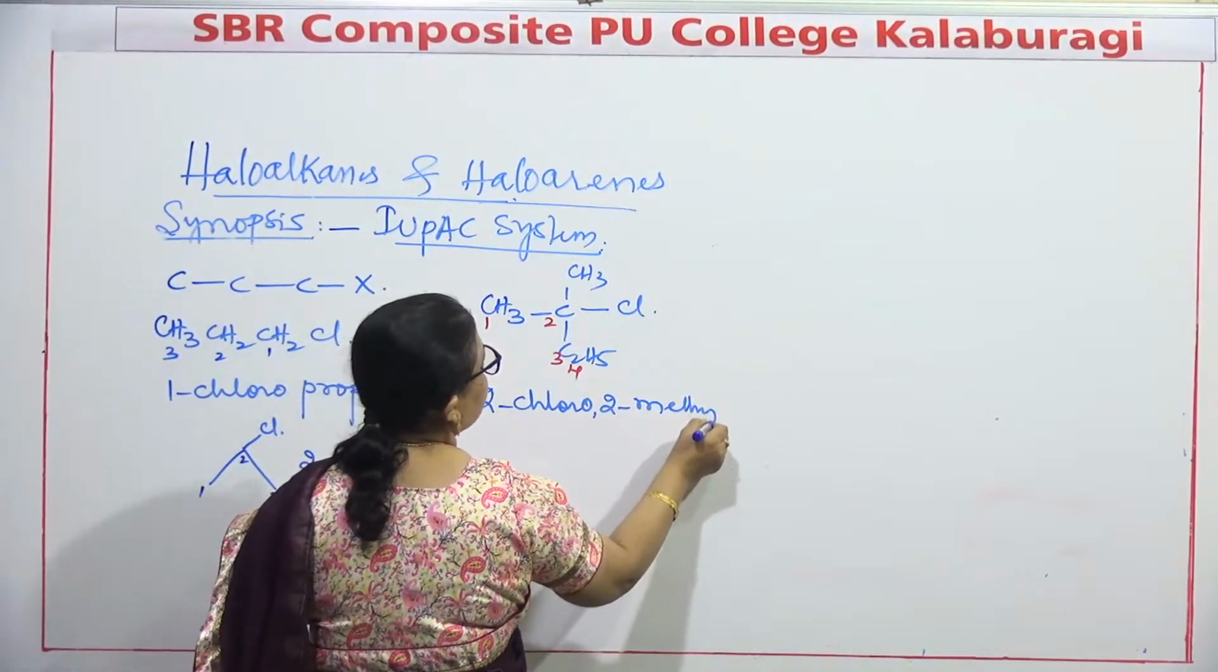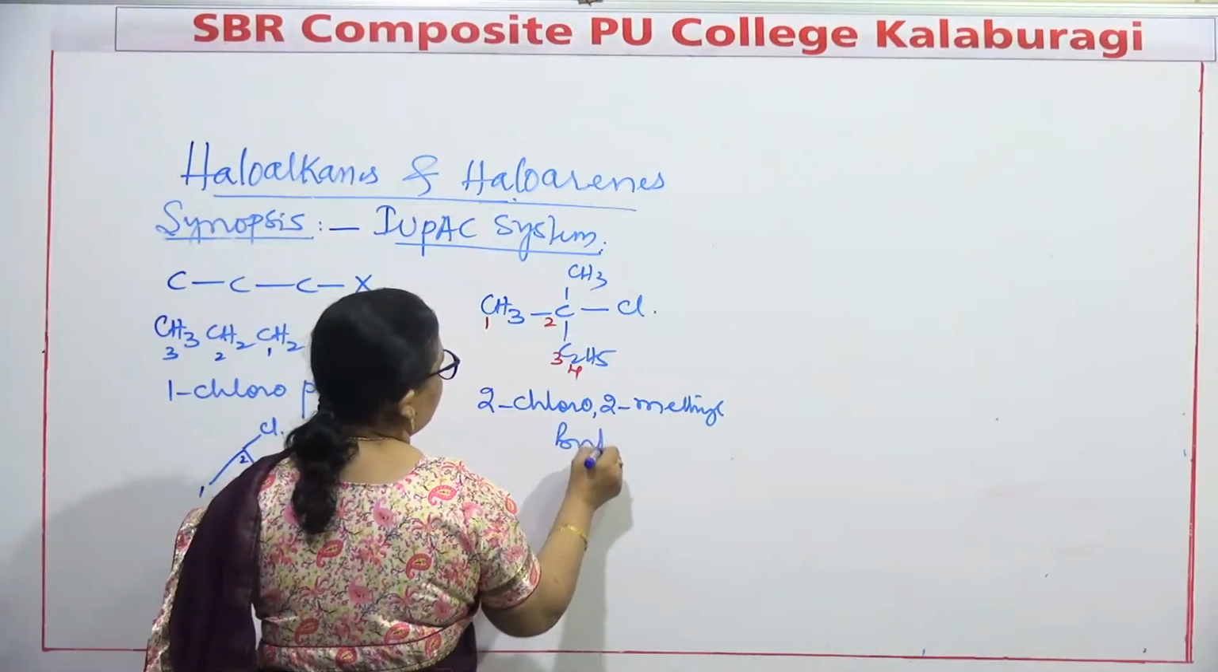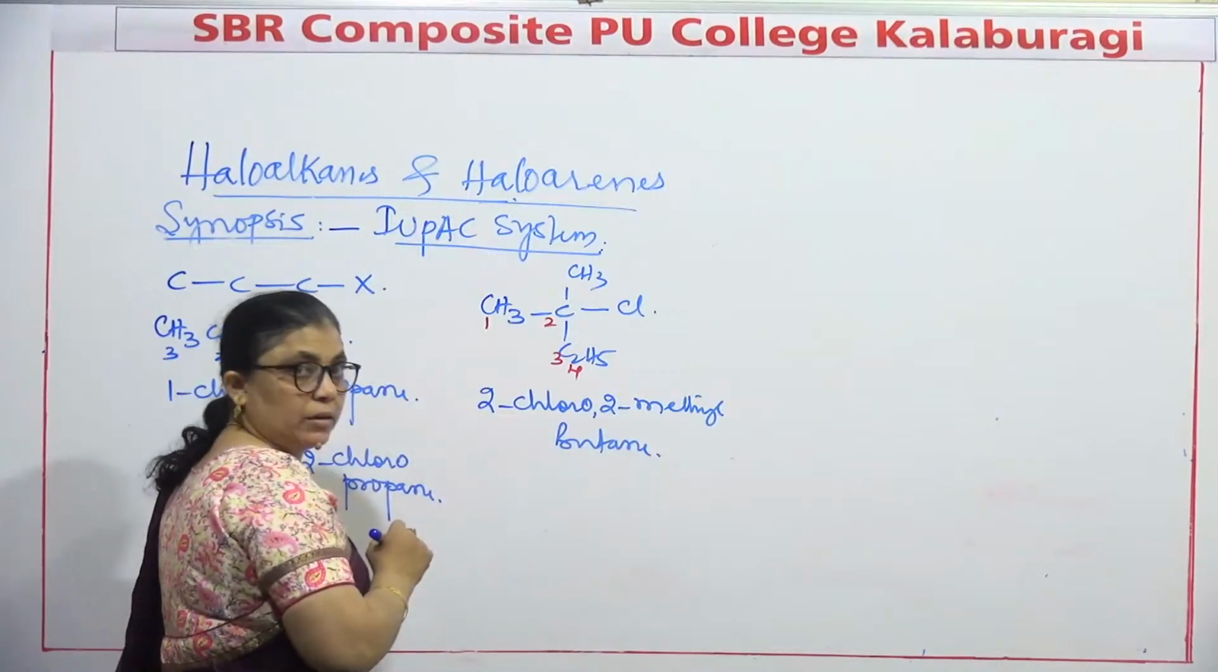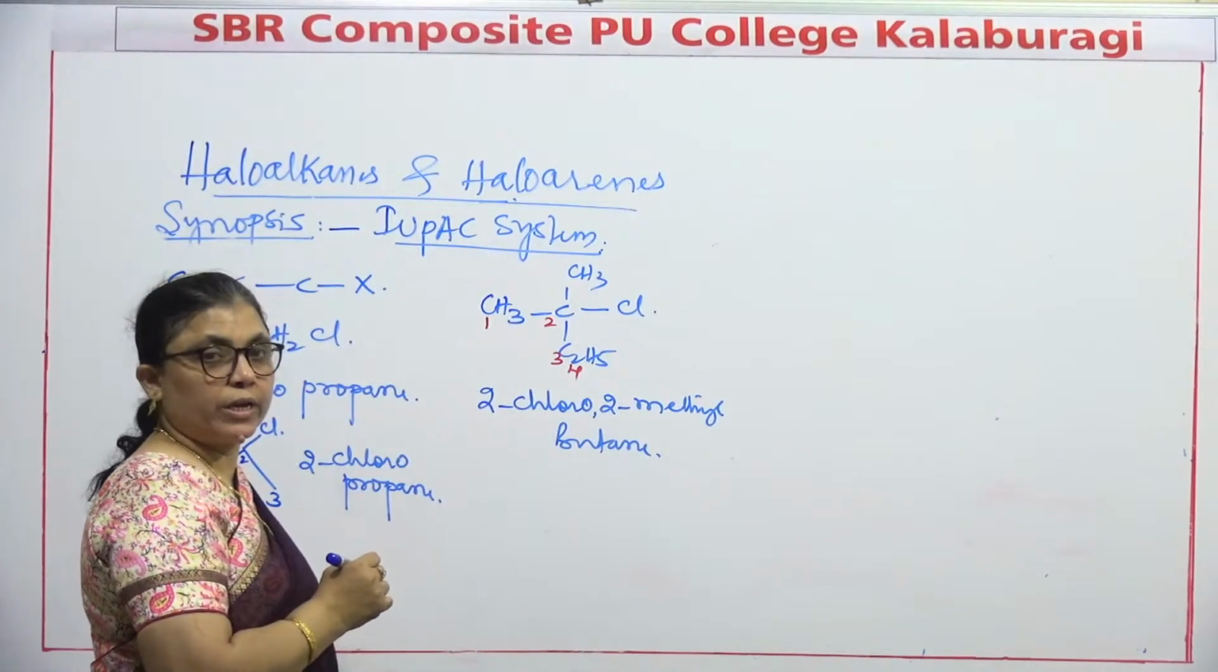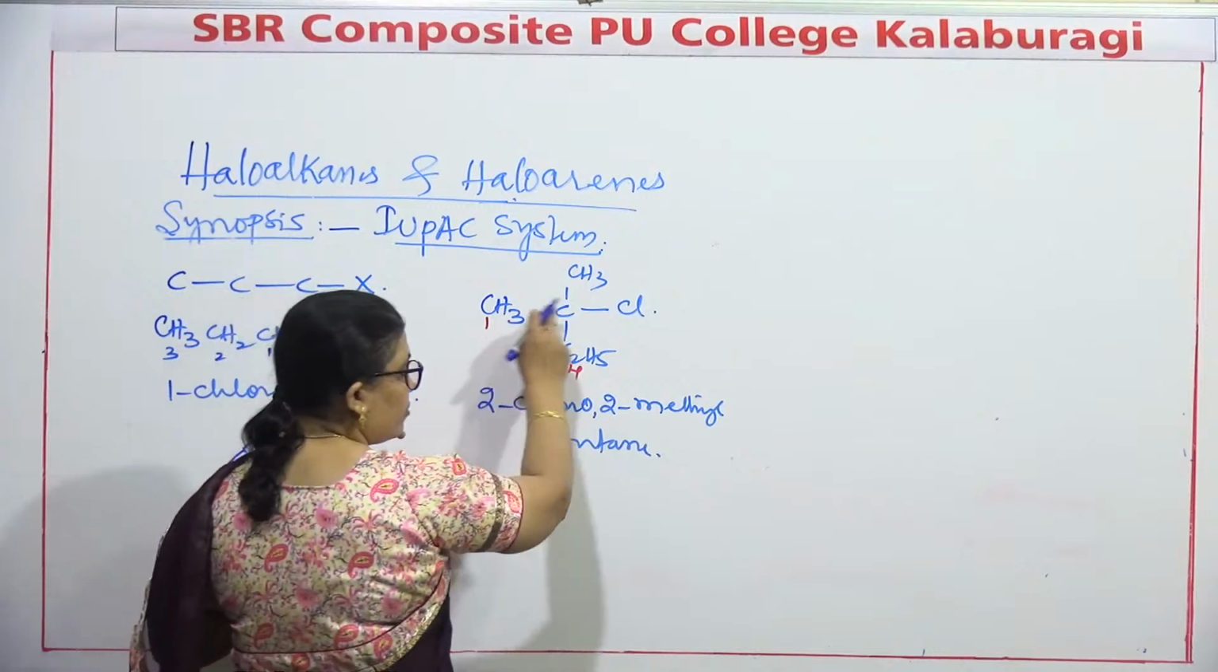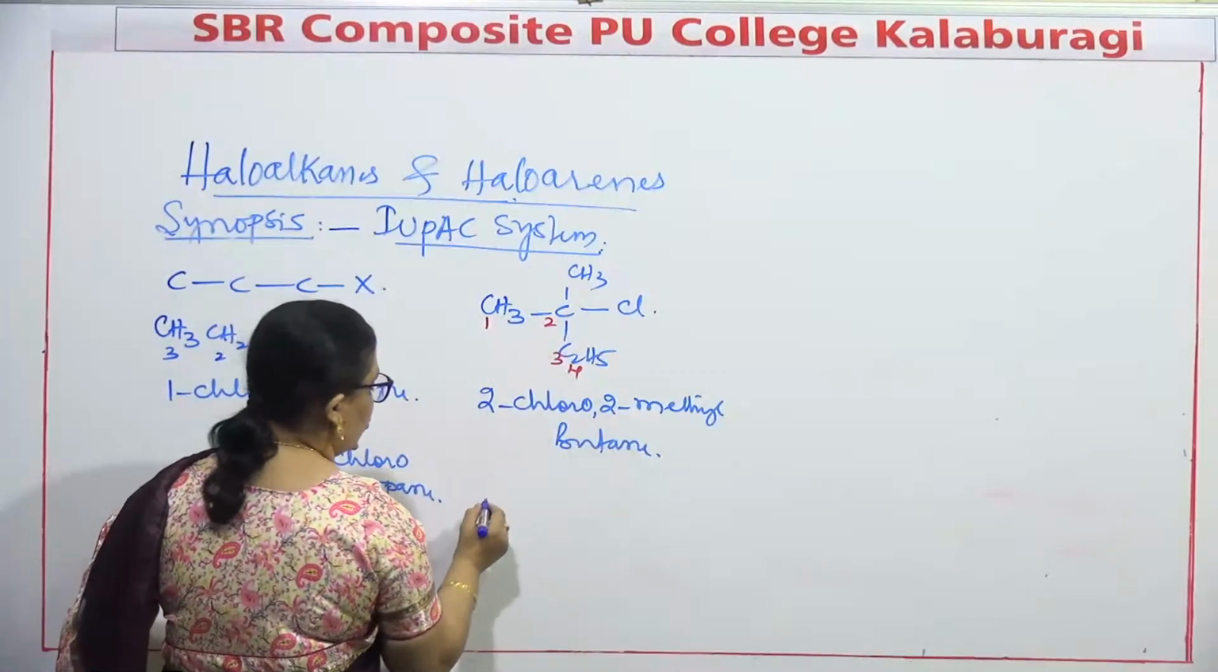2-methyl butane. 2-chloro, 2-methyl butane. Same way when we are writing, instead of writing like this, if it is a neo,